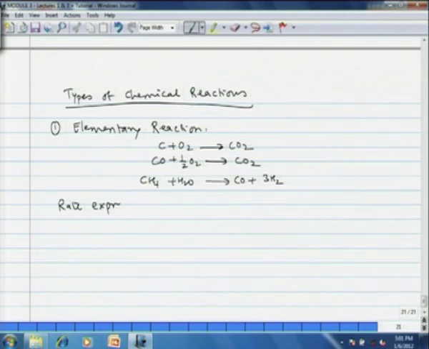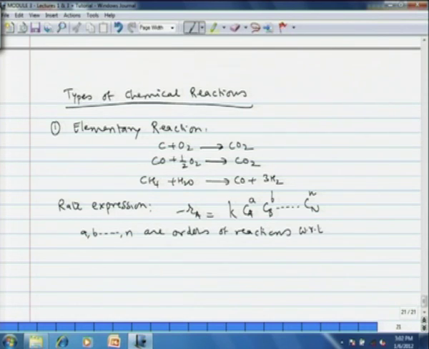Rate expression, you can use a very simple expression, rate with respect to A, that is reaction rate constant k, C_A, concentration of A raised to small a, which is the order with respect to A, C_B, concentration of B raised to small b, which is the order with respect to reactant B, and then if you have n reactants, then C_n raised to n,